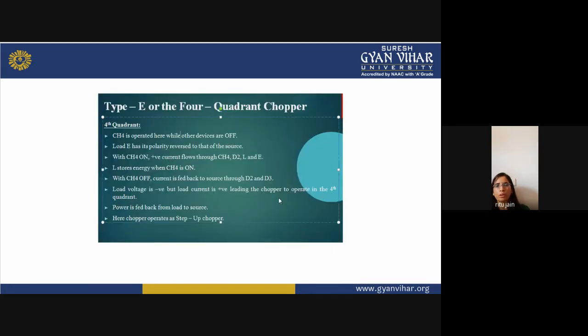So this is all about class A, class B, class C and class D choppers. Class A chopper operates in only one quadrant. Class B chopper also operates in one quadrant, in which current is negative and voltage is positive. Class C chopper operates in two quadrants. Class D is also operated in two quadrants, and class E operates in four quadrants. So this is all about class A, B, C, D and E choppers, and their applications where we can apply these choppers to control the